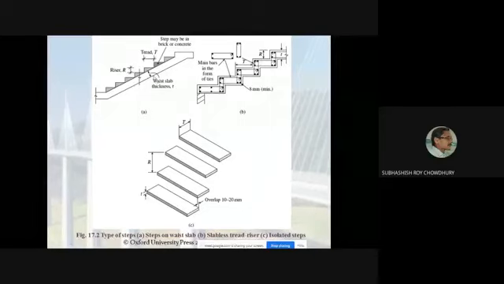For example, say this is the type of the stair. It is called slabless tread riser. Okay, this is a slabless tread riser. There is no waist slab. Simply the one folded plate you may consider, or folded slab. This is the folded slab. It is forming the tread, it is forming the riser. So there is no separate inclined waist slab for this one.